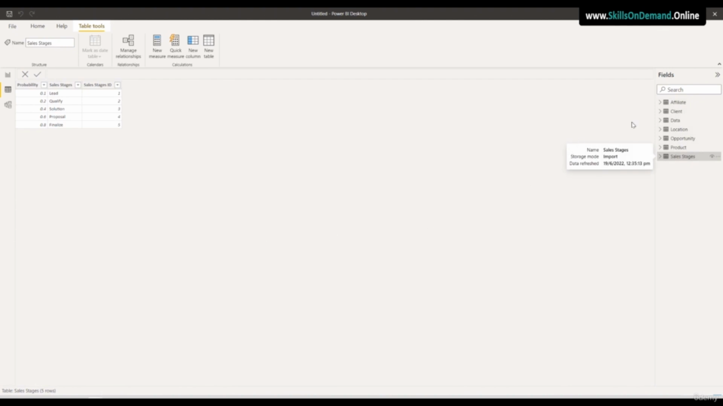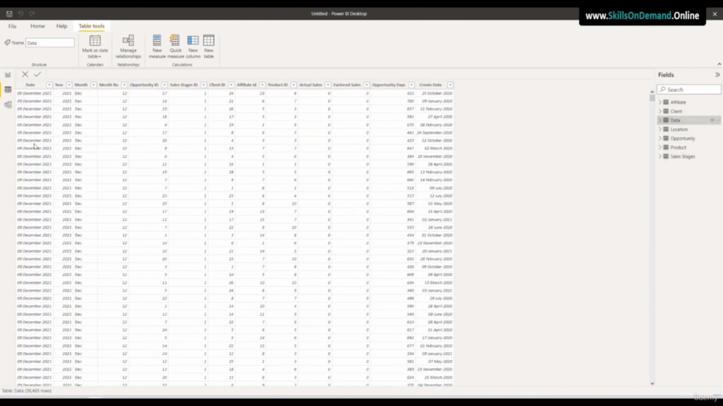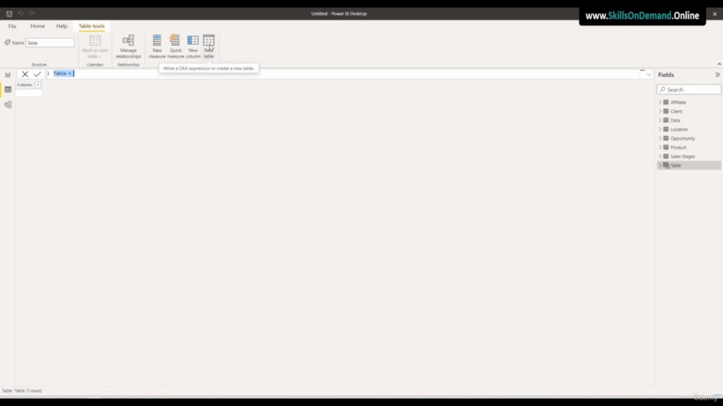Since we have date in Data Table, we need to create a calendar table or date table. We will add columns like date, year, month, and month number. Under Table Tools, click on New Table. Add the syntax as calendar equals